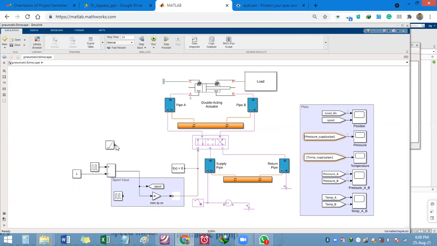Now what we can do is find the blocks required for our pneumatic system. We will find them in the library browser, pick and place them in this window, and just by dragging and dropping we will get all the components required for making the circuit. So here is the pump reservoir. Then you can see a pipeline is there at this place also. We are using a thermal reservoir also. This thermal reservoir will take into account any temperature loss in the system.